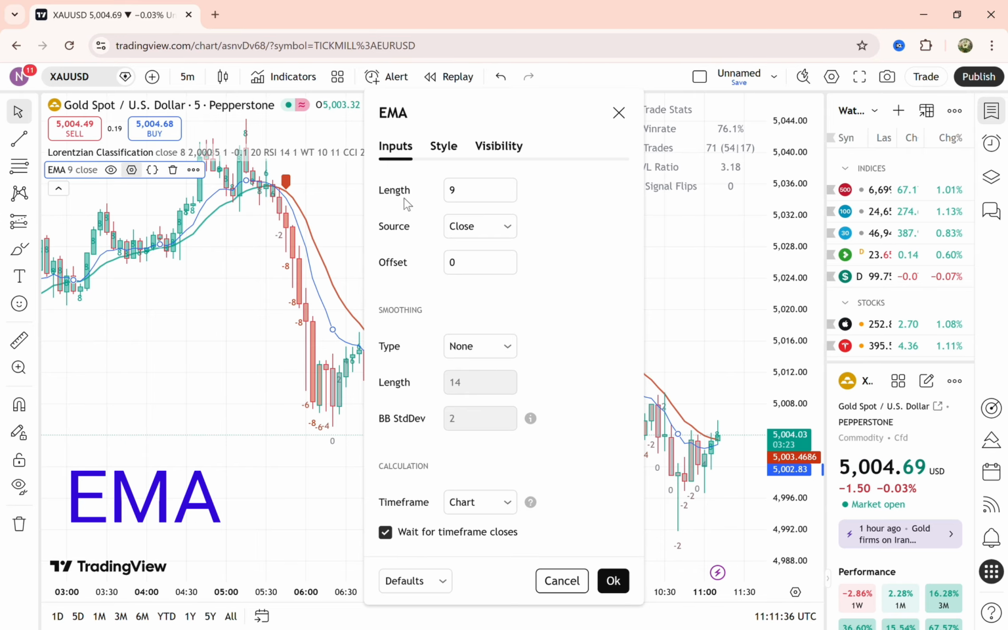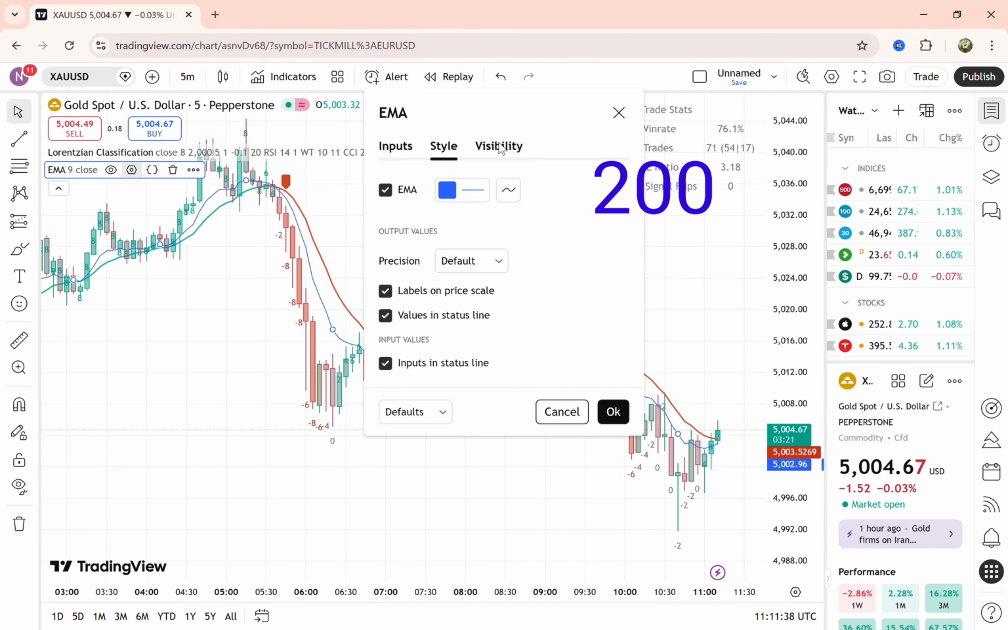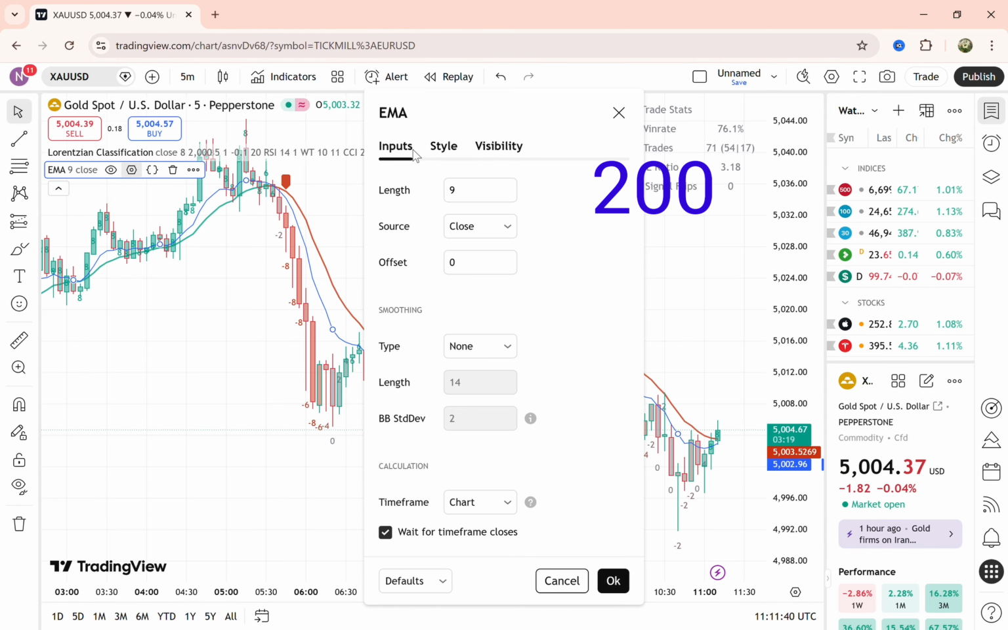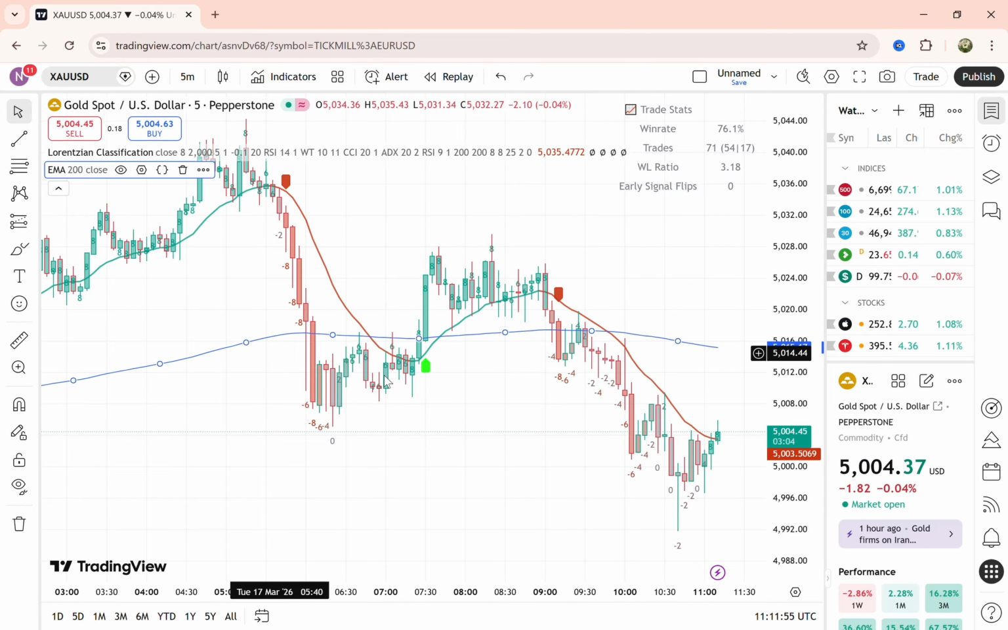And now we change one of these settings in the first tab. Yes, input. We put the first option on. By default it is 9. We change it to 200. Yes, as you can see here in this video. Now,